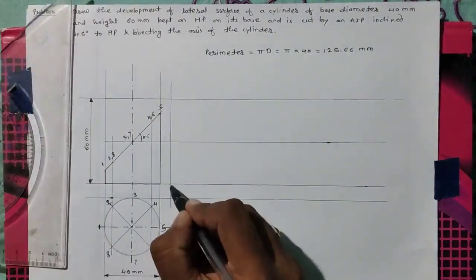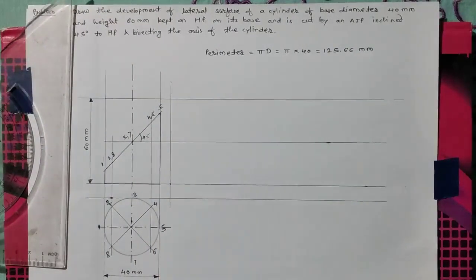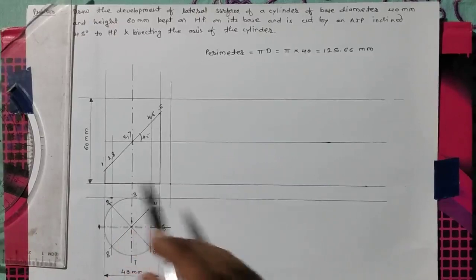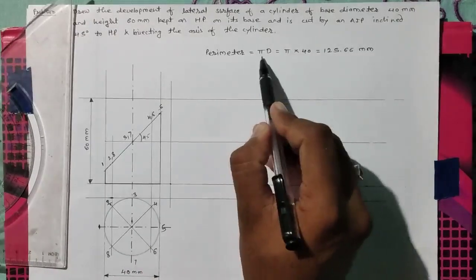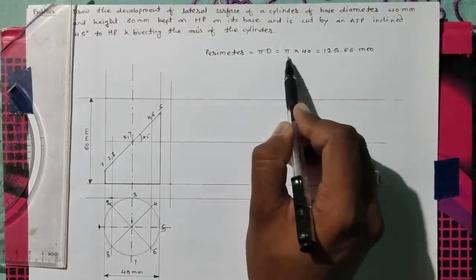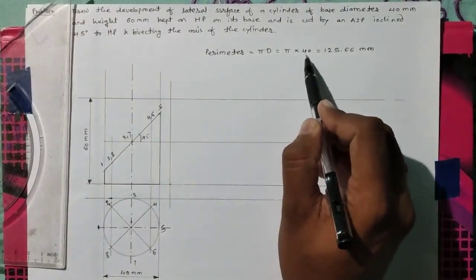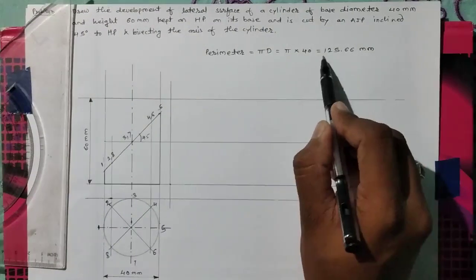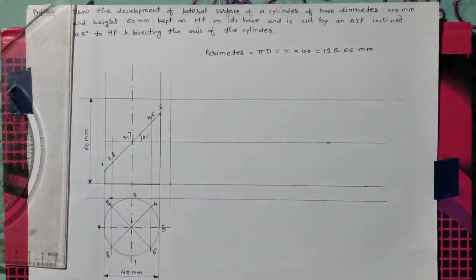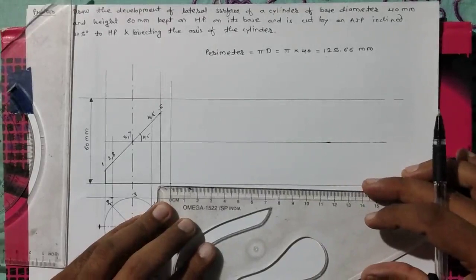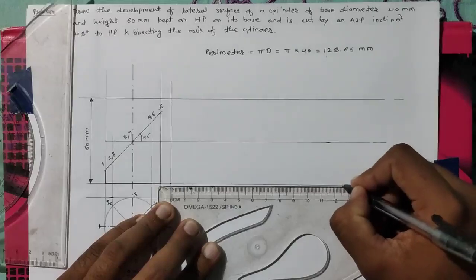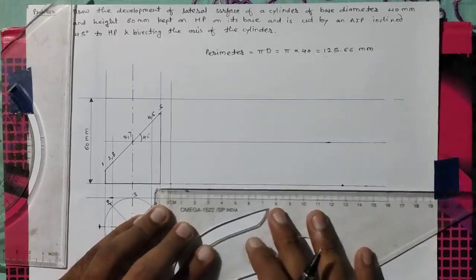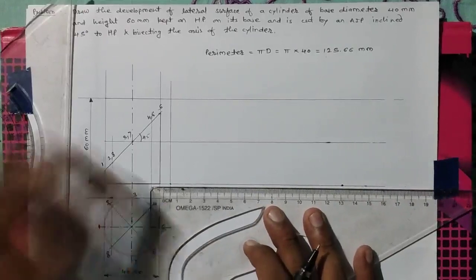After that, we have to start the development from this point. Before going for development, we have to take the perimeter of this circle, which is the circle in the top view. The formula for the perimeter of a circle is pi d, that is pi into diameter. This is the value of pi, and the diameter is 40 mm, and the value of the perimeter is 125.66 mm. After that, we have to put this distance as 125.66 mm, and after keeping this distance, we have to draw the projection line